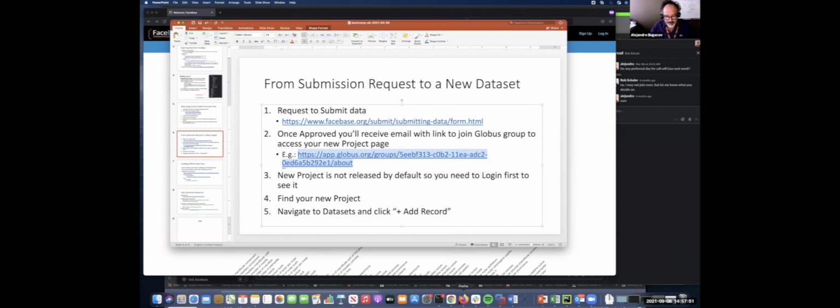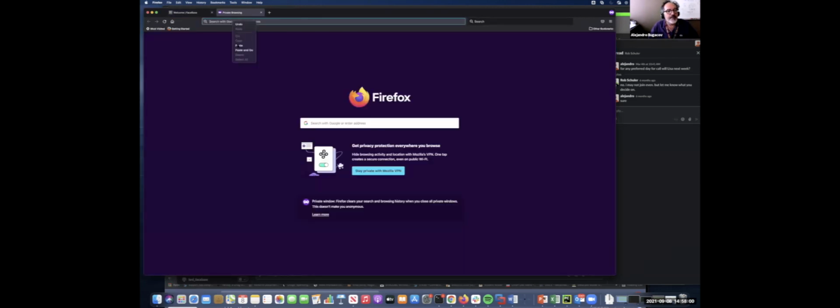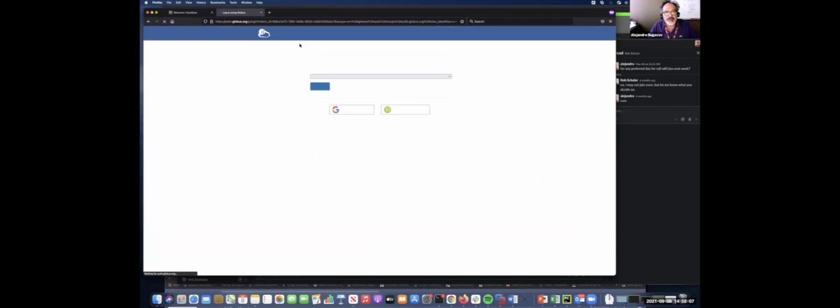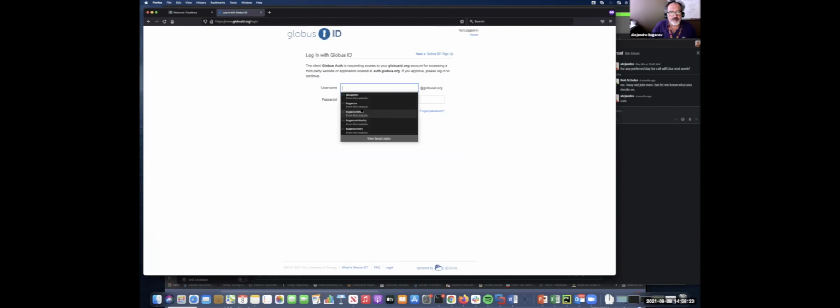I will copy the URL for that project, go to my browser, paste that link, and that will take me to a page where I need to authenticate. You can choose to authenticate using your institution or organizational login or your Globus ID if you already have one, or you can create one. I will do this